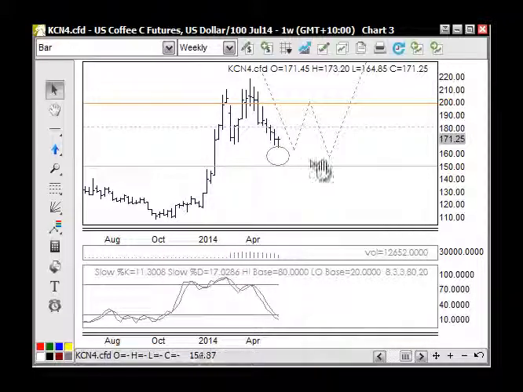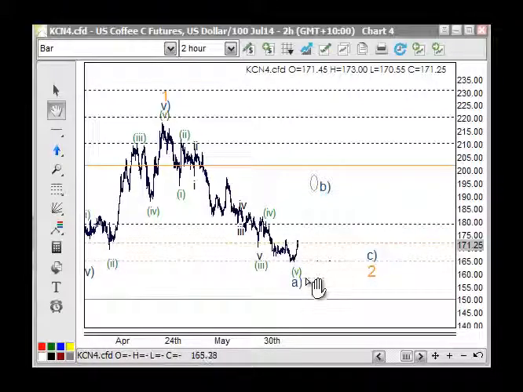Now, this move down through here, basically we're looking for 5 waves up here, and then we're looking for an A wave, a B wave, and a C wave here, and then up through here. Now, I could be wrong, and we could just find support on 200 and continue to move up through there. If that's going to be the case, then we won't miss it because we'll get it at 200 anyway, but I'm just tracing out the bigger picture here. So we're looking for the low in here as well. So with that in mind, I think we could be quite close to it. I know this is a bit rough looking here, but